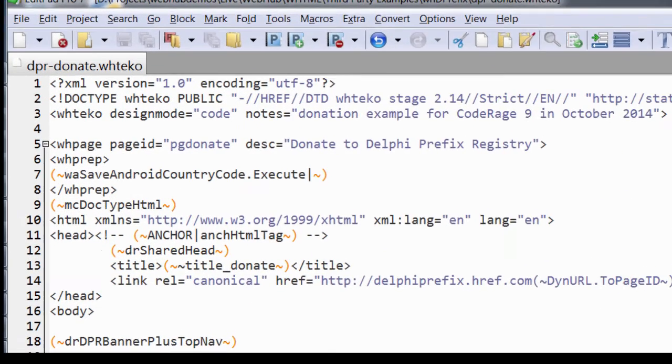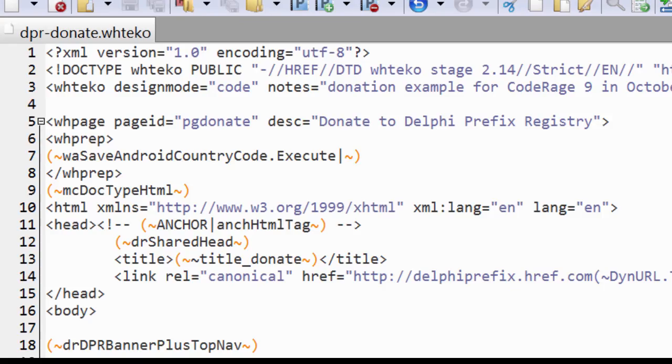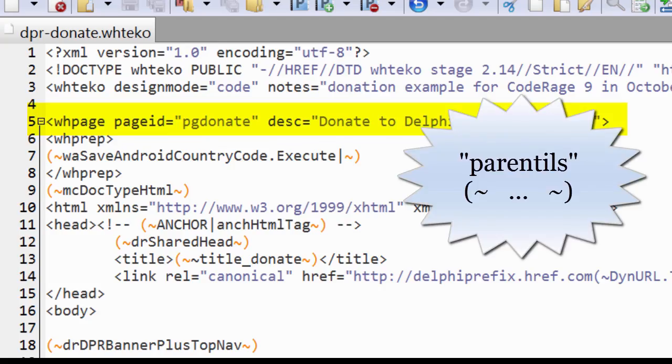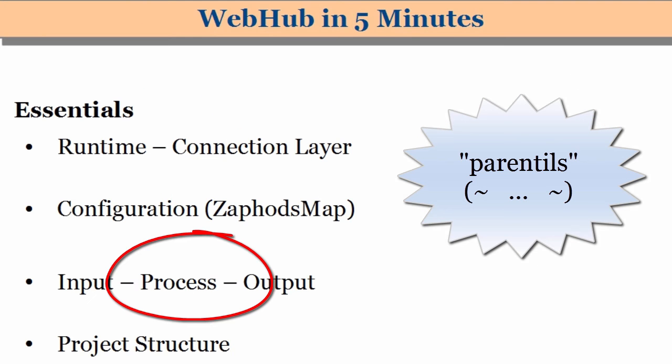WebHub pages are declared in special syntax in so-called techo files. WebHub techo syntax wraps and extends normal HTML. The WebHub app will send the content of a page automatically. When parentals are encountered, it will expand for you. This is the Escher strip part of WebHub. During processing,